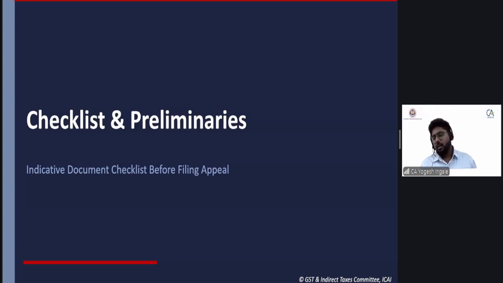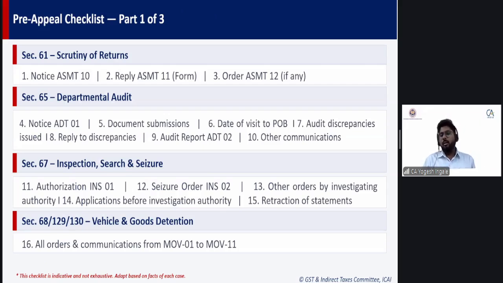Now next, let's go through some checklist and preliminaries. We must have these documents ready before filing of appeal. So we will go through one by one. I have divided this list based on the proceeding, based on the 61 proceeding, 65 or 67. So if this appeal is arising out of section 61 proceeding, scrutiny of return, we must have SMT 10